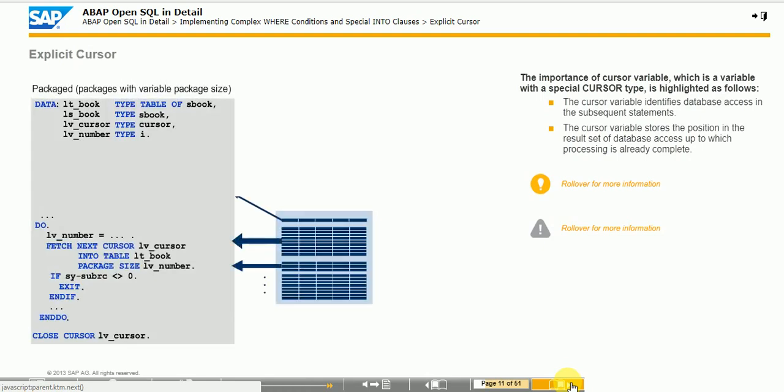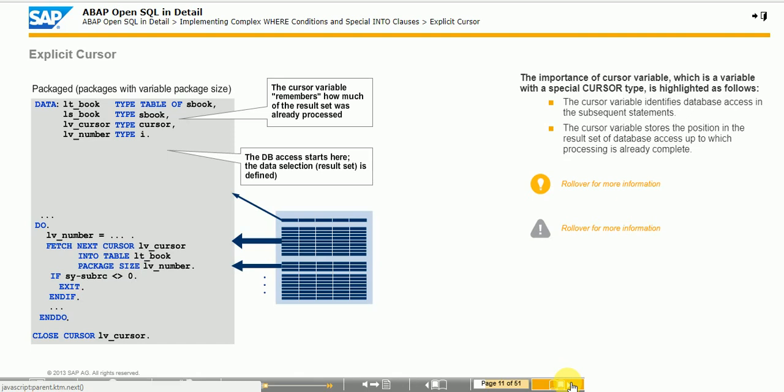Packages of different sizes can be processed sequentially with the syntax illustrated in the figure. In this variant of database read access, the access itself is detached from the transfer of the result set to the application program. The open cursor statement defines and executes the access, but does not pass any data onto the application program. The fetch next cursor statement retrieves the desired number of lines, that is, packet size addition, from the